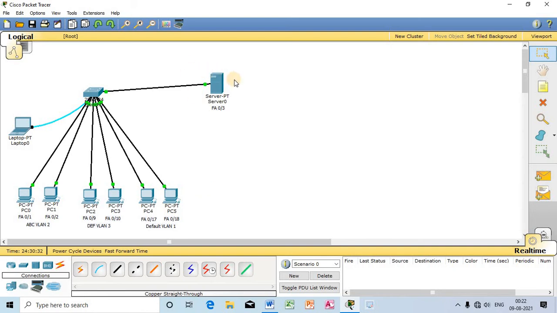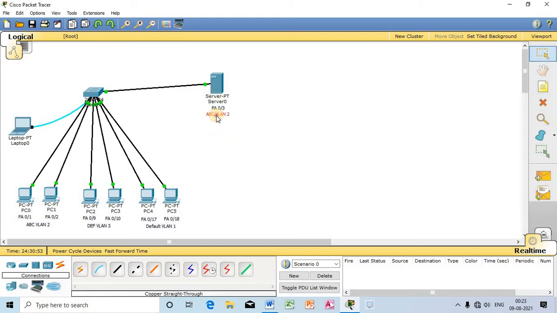And watch out in which port the server is connected. The server is connected in port number 03. So now we can say this server belongs to ABC VLAN, VLAN 2.